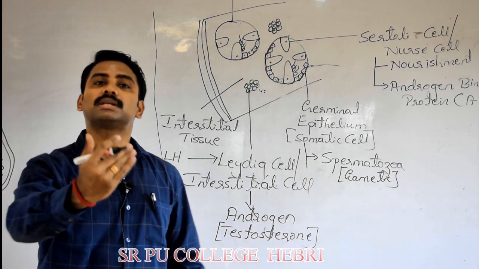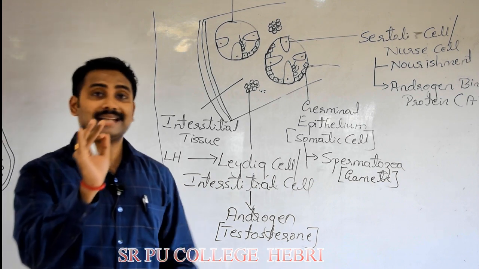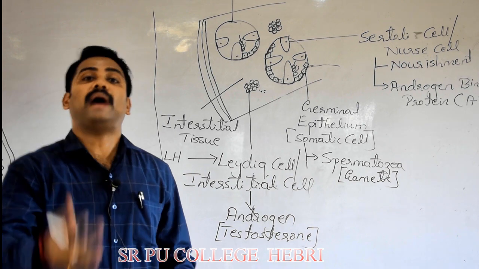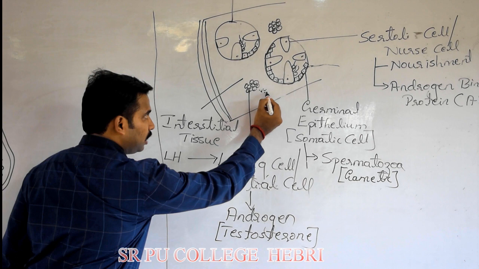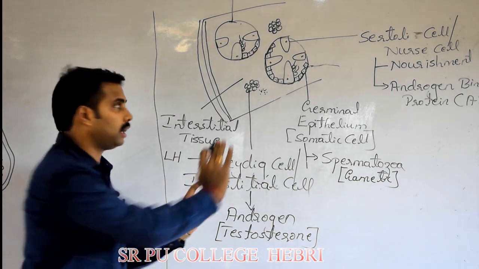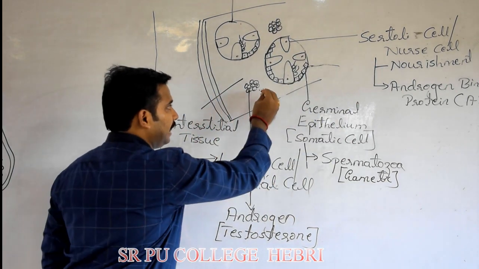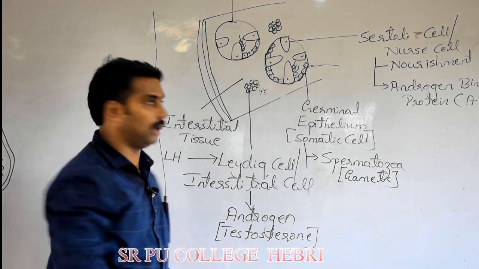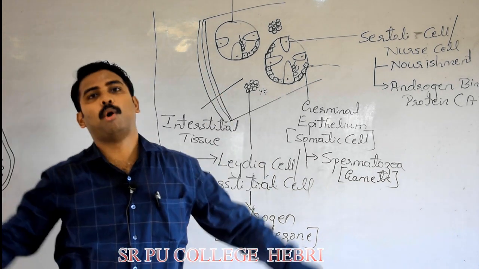It is a steroidal hormone. It is fat soluble, right? As it is made of cholesterol, it is a steroidal hormone. It is fat soluble. Try to understand. As testosterone is produced by Leydig cell, it is not ready to stay inside the testis. What happens? It gets directly diffused to blood. It is not ready to stay inside at all. It diffuses to the male's blood and circulates in the body circulation.